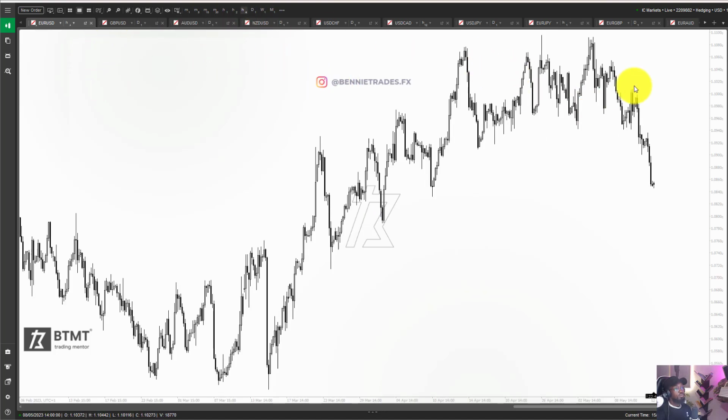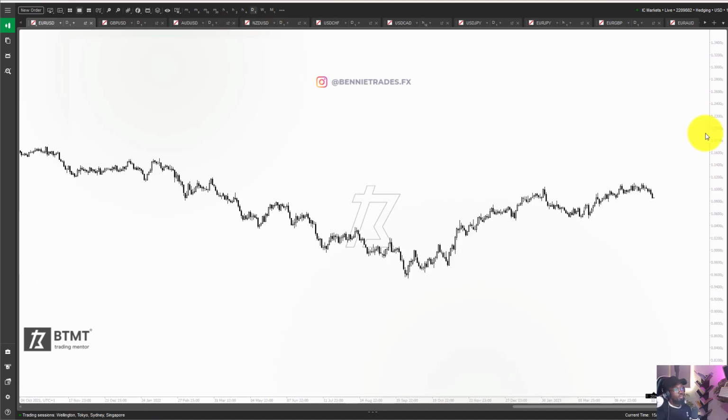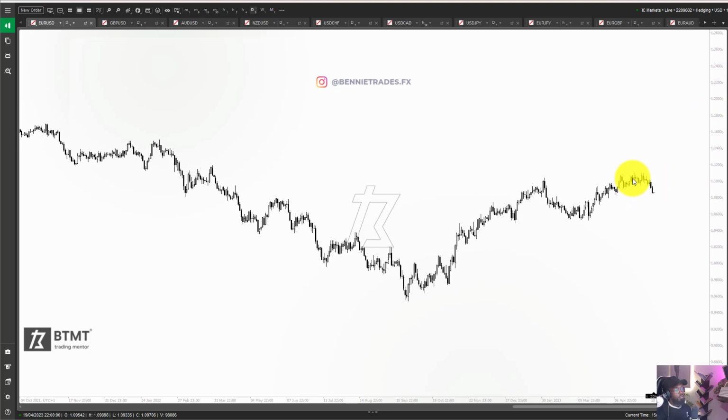This is EU. Traders can clearly see on the daily time frame that there have been some strong pushes to the downside after many days of sideways movement. We can see the dollar breaking out to the downside, and that is not surprising because there's been a growing interest in the dollar. So this move here is driven by momentum, and traders can clearly see that there is a possibility of this move going all the way down to